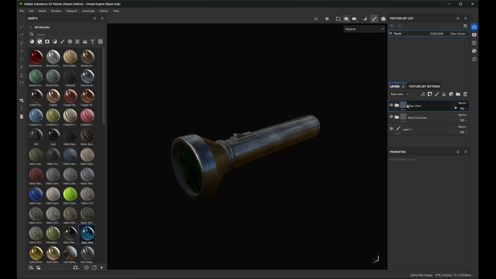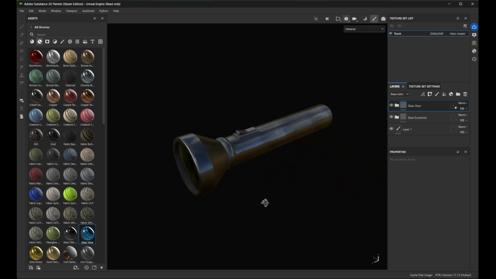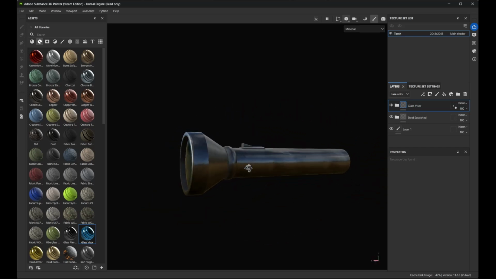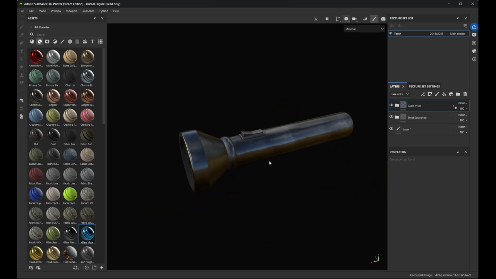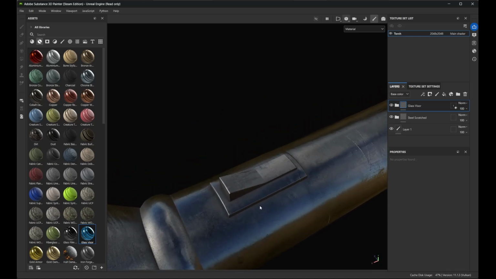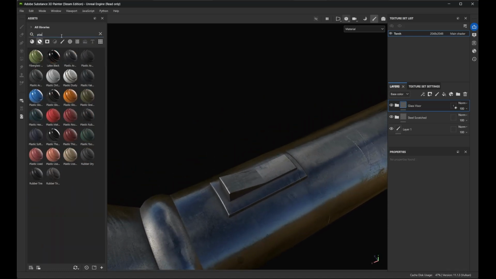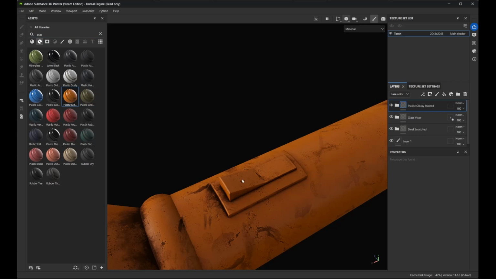So if I click on the box next to glass visor, I'm now back in the normal painting mode, and you can see the glass has only been applied to the lens. So let's repeat that again just for the switch, just to show you the process again. If I look for a plastic, here we go, glossy plastic, put that on the model, click on the geometry mask,